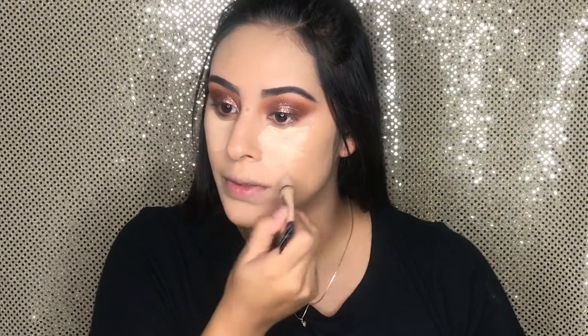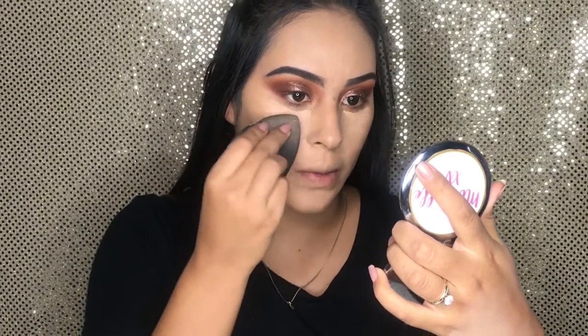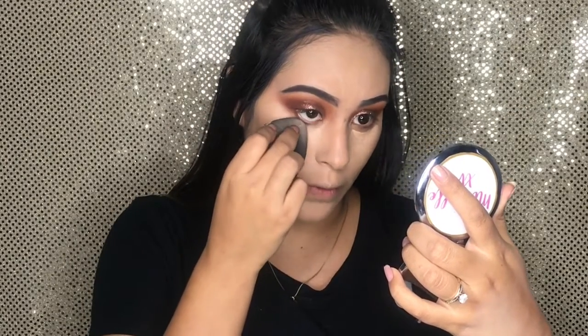I've used it and I thought, oh, because it's a thicker formula, it's gonna crease. It stayed on. Like I said, I'm adding a little more of everything that I usually would, just because if you're gonna be taking pictures or you're gonna be wearing it for a long time, you're just gonna want more of a full coverage